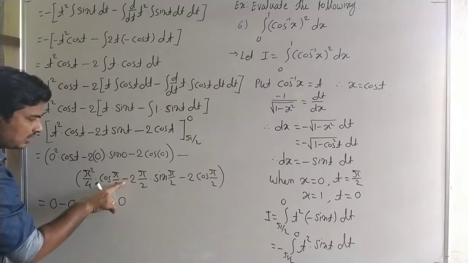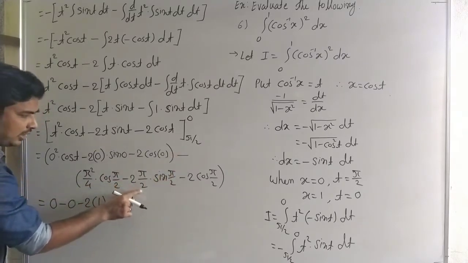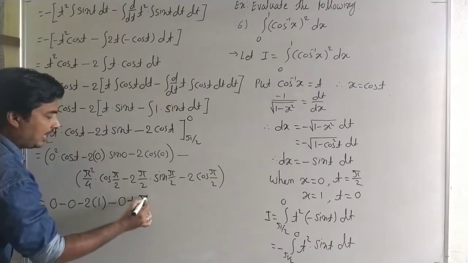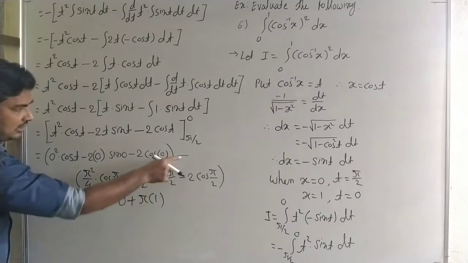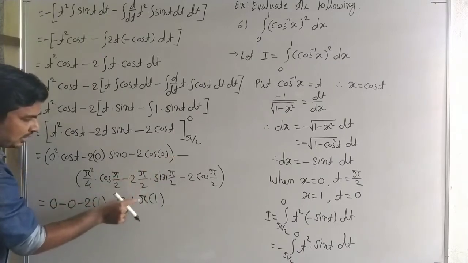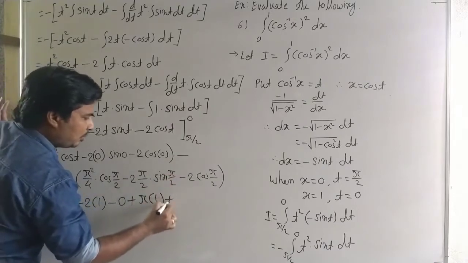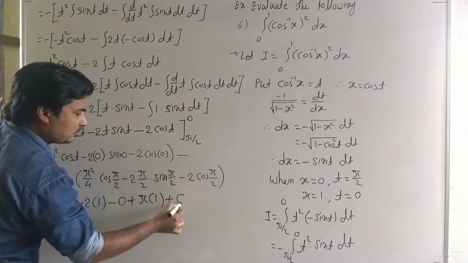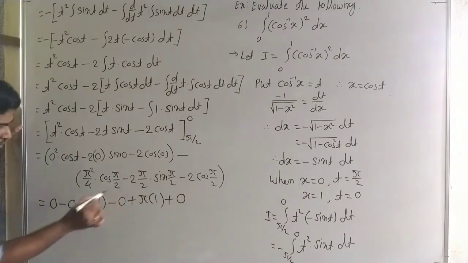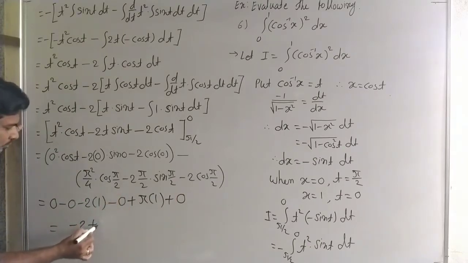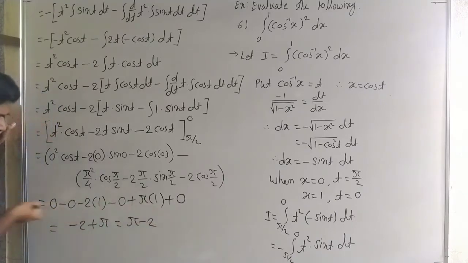Again this minus and this minus, we can write as plus, and the 2 gets cancelled, therefore pi and sin pi by 2 is 1. This term is minus minus plus, the 2 gets cancelled, it is pi, and sin pi by 2 is 1. Minus minus is plus, and cos pi by 2 is 0, so it is 0. And now the last answer: minus 2 plus pi, that is pi minus 2. It is the final answer.